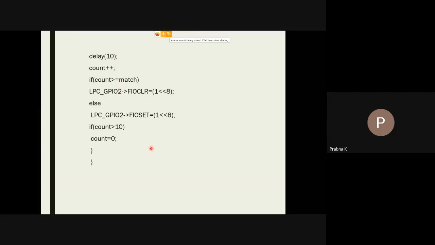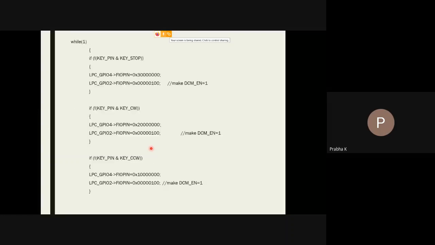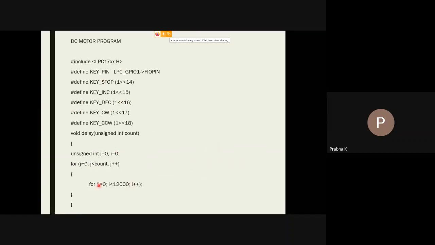So, starting in the delay program, we are making J equal to 0, no? J is equal to 0. So J value is 0. So 0 is less than count. So your delay program starts. Okay. Why do we need to provide the delay?